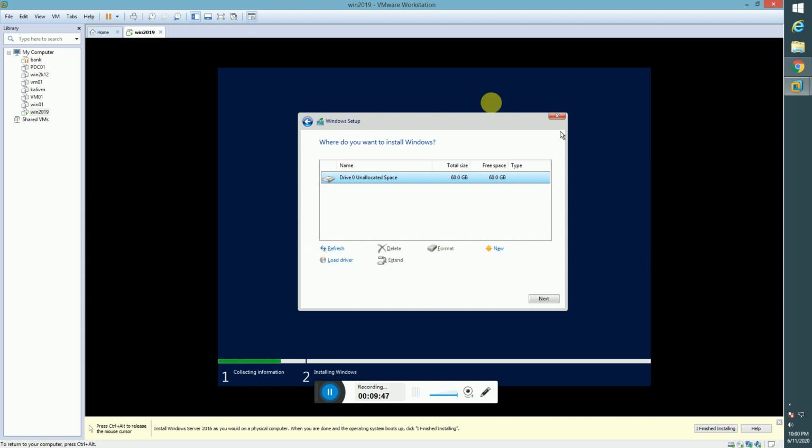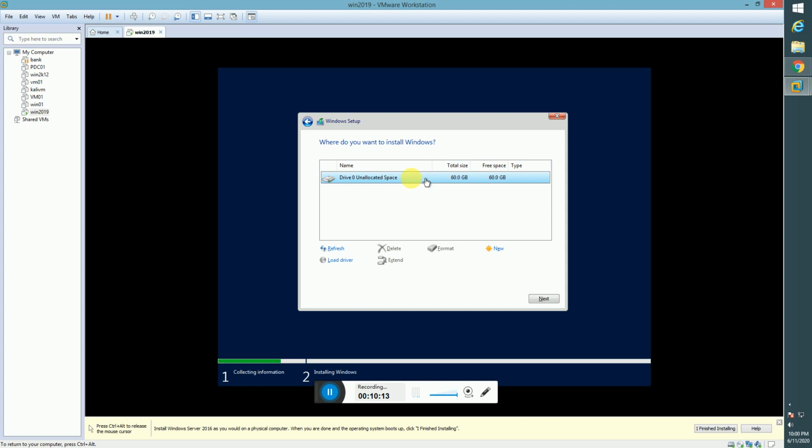With this option, we get the drive partition creation. If there are multiple drives, say drive 0, then it will come drive 1, drive 2, drive 3. At that time you can select the drive in which you want to do the installation. Basically you can create 2 partitions from this disk also.